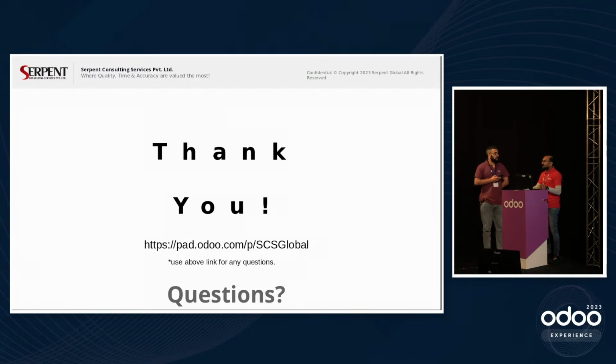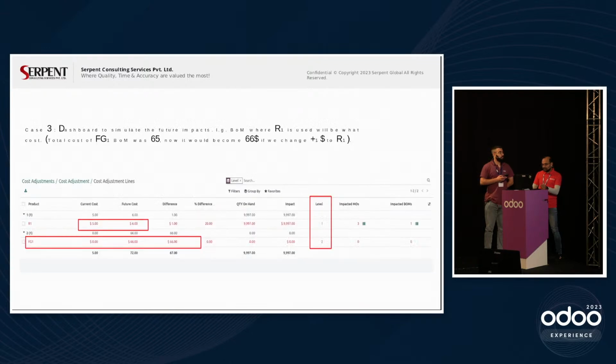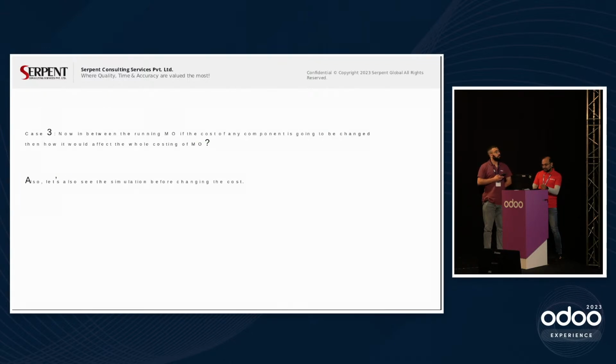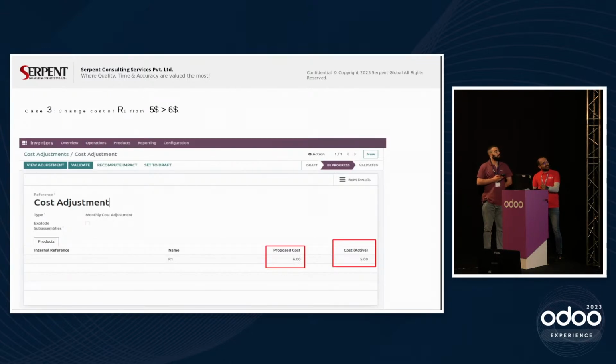For average costing, yeah, definitely. So as we showed the costing proposed, we have a thing called cost adjustment. This is where we have it. When you are running a manufacturing order and there is an adjustment of a cost to be done on a specific item, you have to manually put the cost. That could be, say, one manual step.